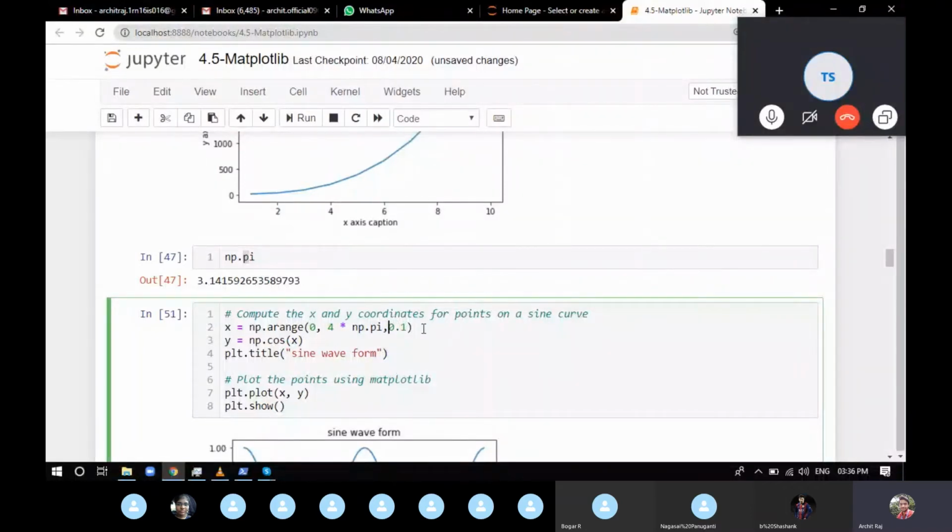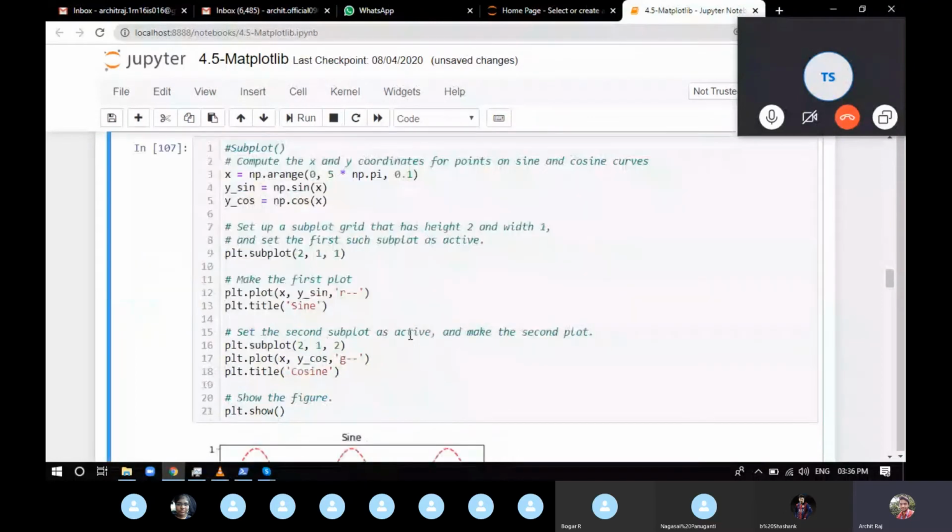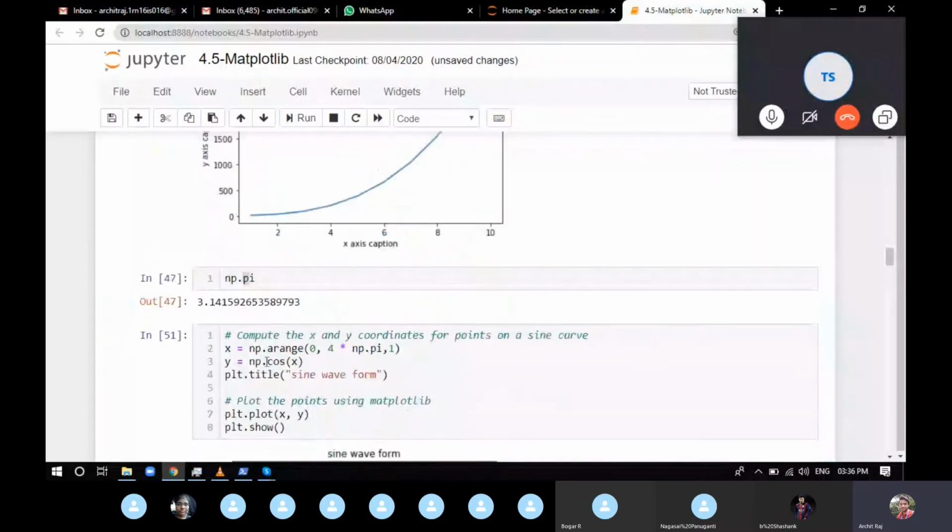Imagine we gave it only 1, fine. For each and every value of x, we find the cos of that particular value of x, and we save it in y. NumPy has one more function known as cos, which gives you the cosine value of any input you provide. NumPy even has sine and every trigonometrical function you want, predefined. We are currently using cos.